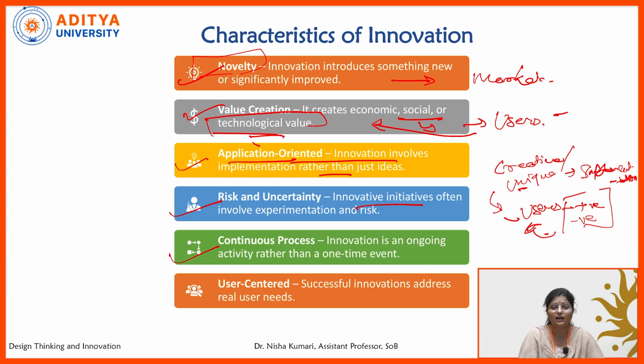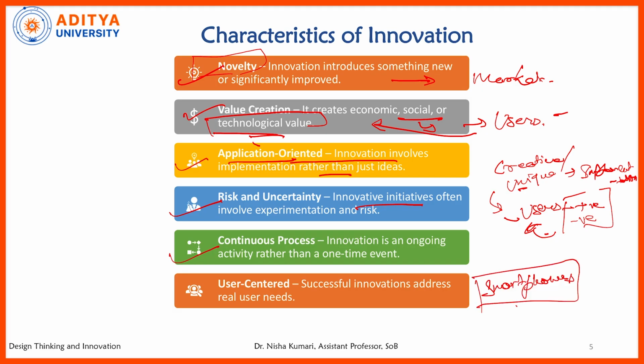Then innovation is a continuous process. For example, if you introduce smartphones, if we talk about the entire previous evolution of the phones, it will all together become one part of innovation itself. But I am talking about the small part where we are just talking about the smartphone. So even though we introduced smartphones, in those smartphones also, if you see, every month or every 6 months or 1 year, we are getting a different model of the same company or the same brand. Why so? Because if they want to sustain in the market, they have to bring innovativeness in their product.